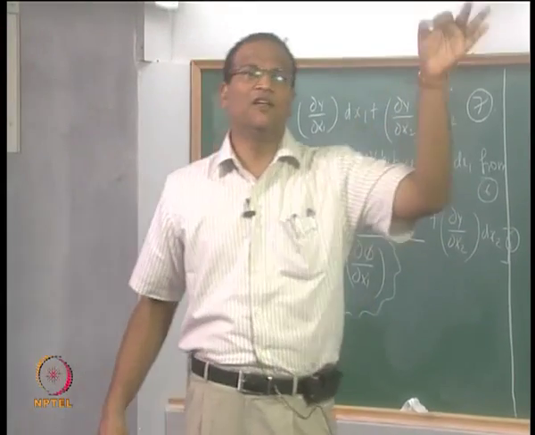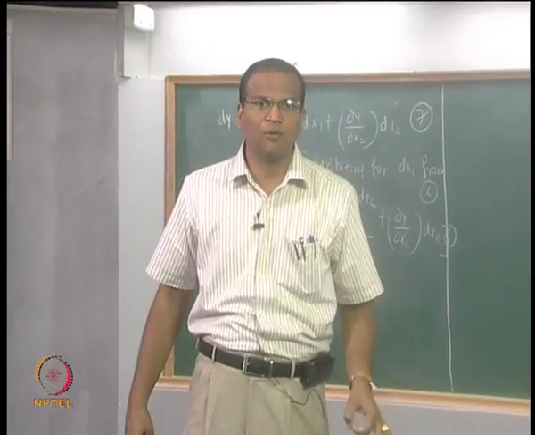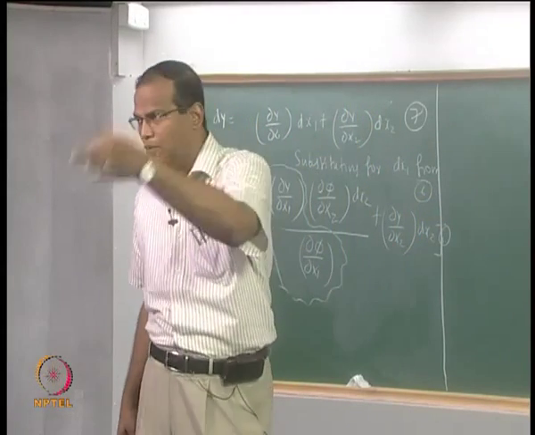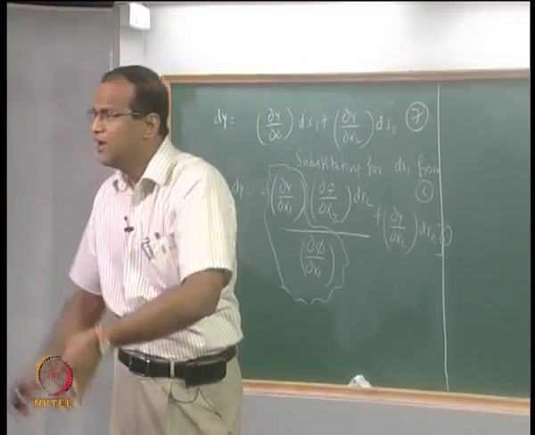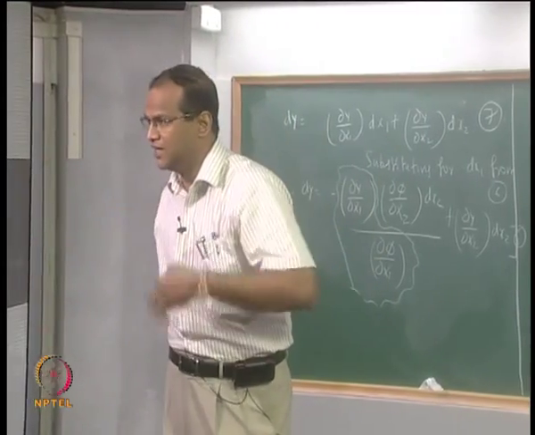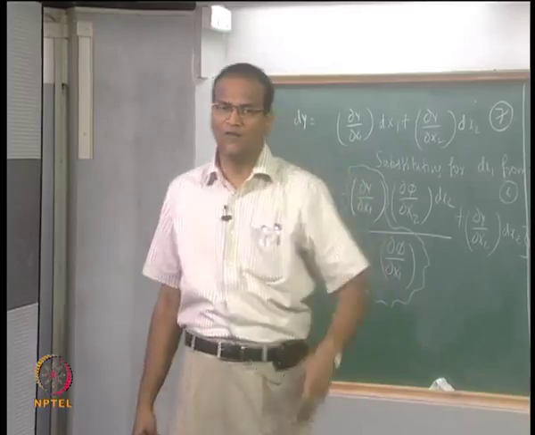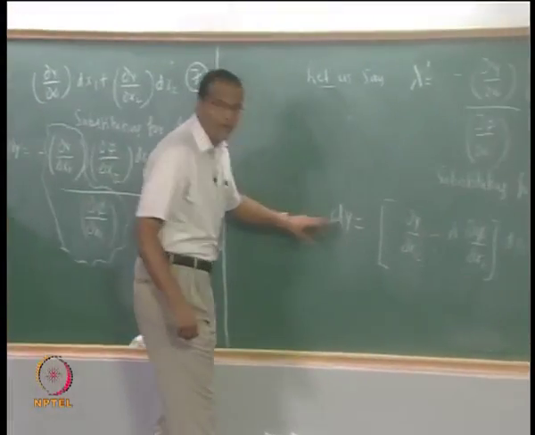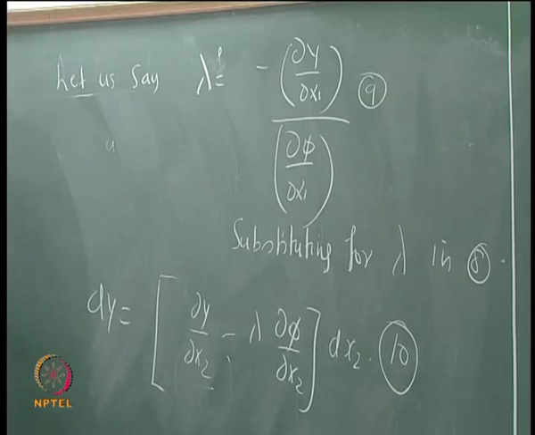If you are seeking a solution to the optimization problem regardless of the value of delta x1 and delta x2, that means you have a point which could be a1 a2 or whatever. From a1 a2 you are changing that point by delta x1 and delta x2. So regardless of the value of delta x1 and delta x2, if you are seeking the optimum, dy has to be necessarily equal to 0.